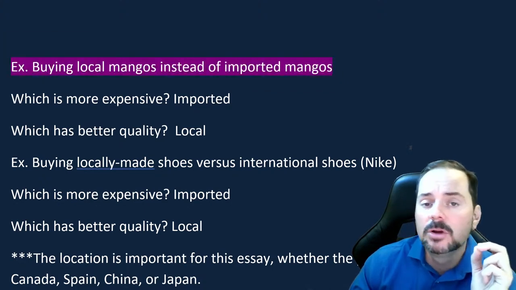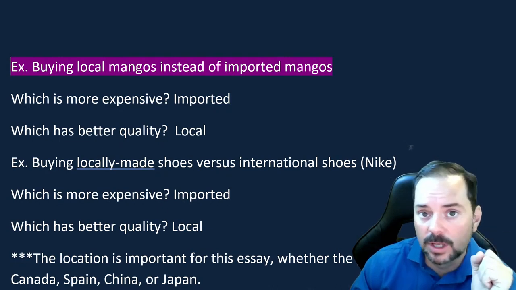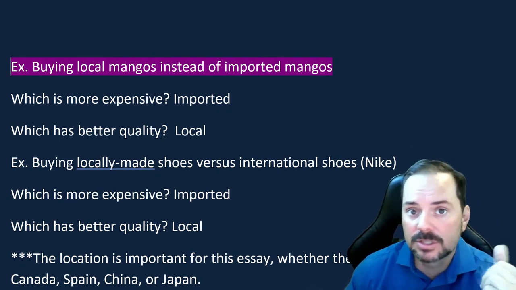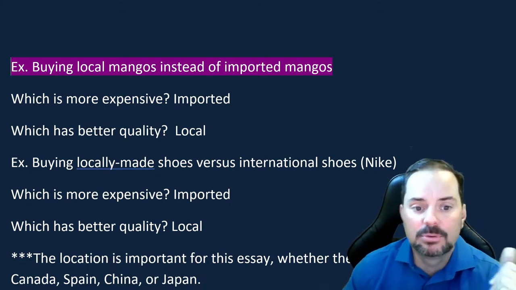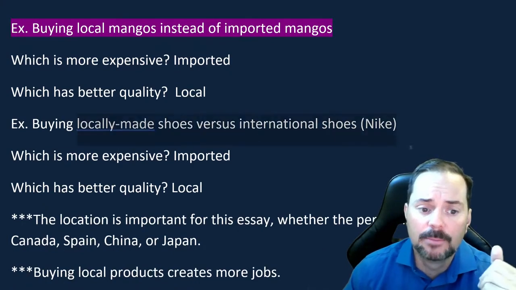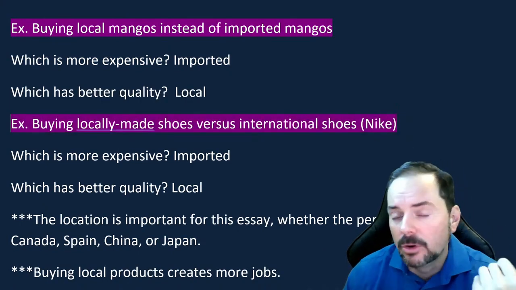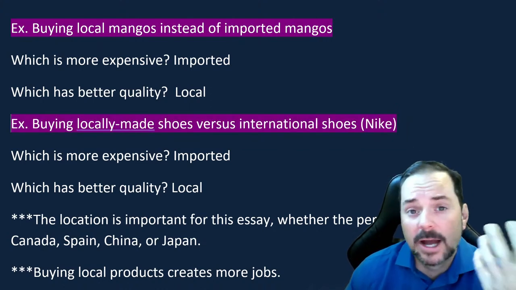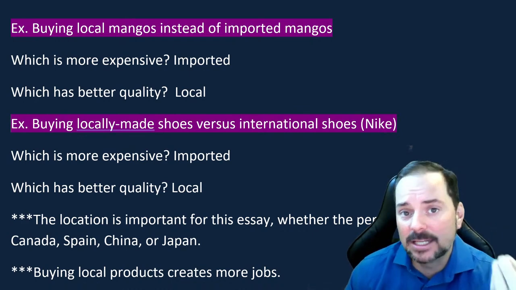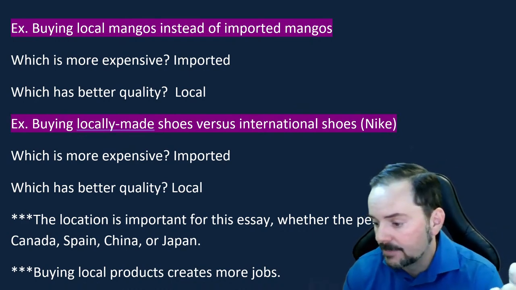So coming up with the concept of buying local mangoes instead of imported ones, or in Canada where I'm at, buying local apples instead of imported apples, okay? Or shoes, buying local shoes instead of imported shoes, and thinking about why do I buy local shoes or why do I buy imported shoes